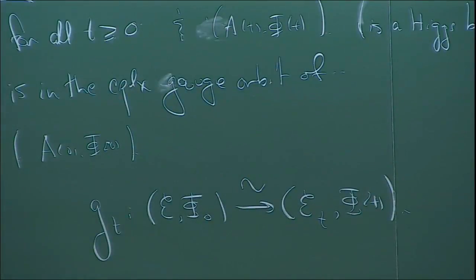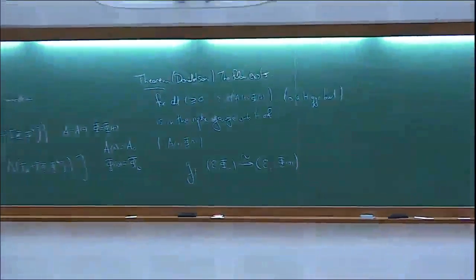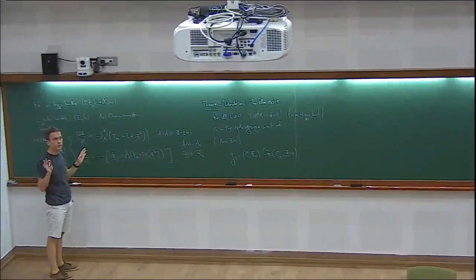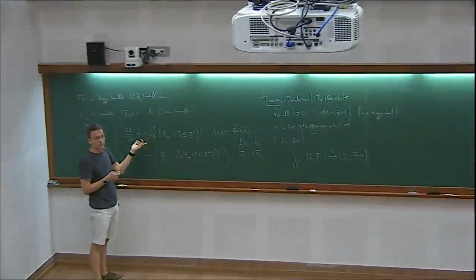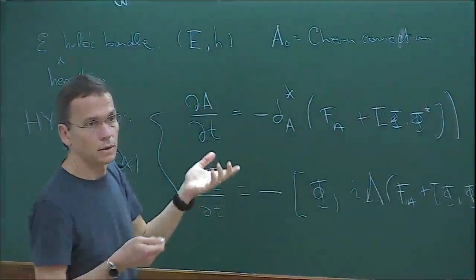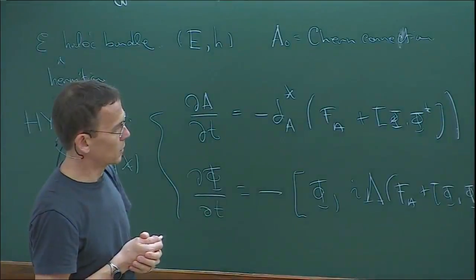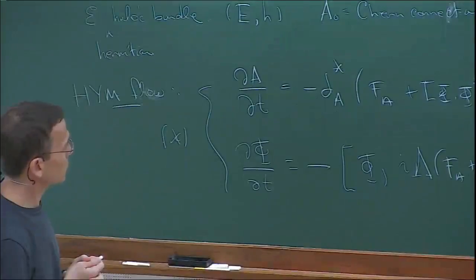Okay, but the flow exists for all time, which is already rather remarkable in the sense that if you look at just the Yang-Mills flow, where you turn off the Higgs field, and if you look at the Yang-Mills flow on a Riemannian manifold, this makes sense on a Riemannian manifold, no complex structure or anything like that. It turns out the Yang-Mills flow in dimension 5 and higher is known not to exist for all time in all cases. There are exceptions where it does not exist for all time. So the existence for all time is already quite remarkable.